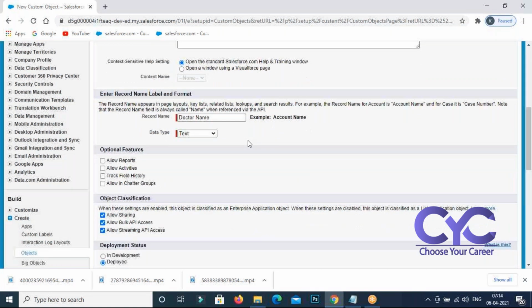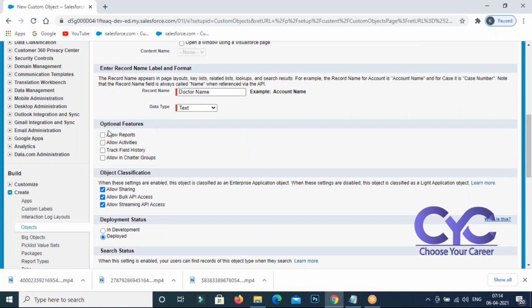Another aspect in this one: allow optional features that you want, you can use those things. See, in future, in this doctor object, you're going to create a number of records. If the records are minimal, for example hundreds of records, you can see them easily. If the records you created are thousands and millions, you cannot see or verify those records one by one. Simply, we are going to analyze those records in a simplified manner, and that analysis of the records in a simplified manner is nothing but the reports.